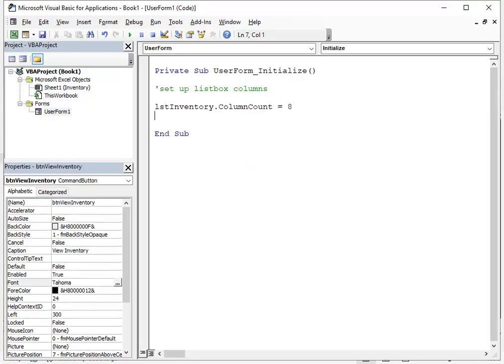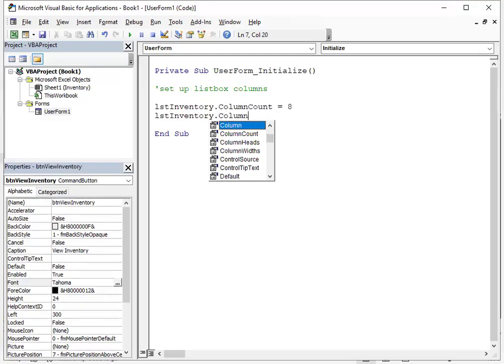So equals to 8. Then lstInventory.ColumnWidths. You have to watch out for your spelling. ColumnWidths, anyway, it's already here, so just double click this. ColumnWidths is equal to